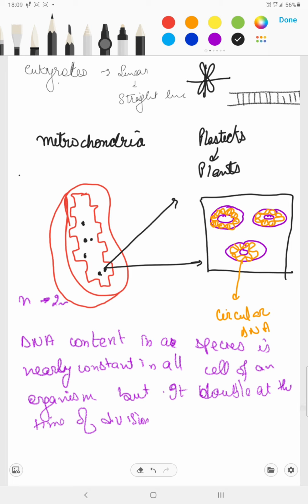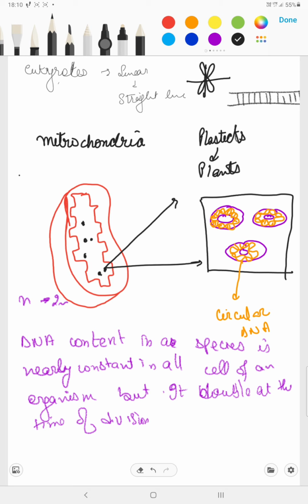If we talk about the mitochondria and the plastids, these are basically two organelles found in eukaryotes that have their own DNA. Plastid is the organelle found in plants. They are of three types. They provide color to the various parts of the plant. That is basic knowledge that you may have done in previous classes, like 9th and 10th, so I'm not going to provide a detailed introduction about the plastids. That's another topic, so leave it.